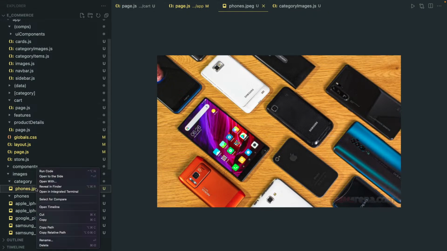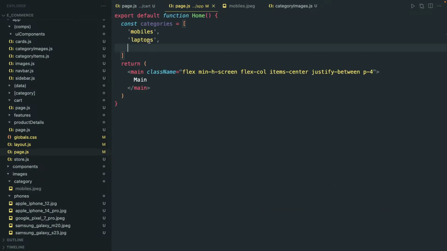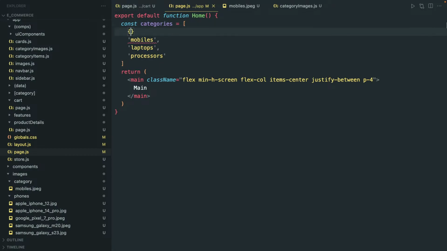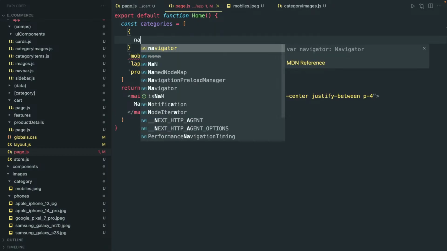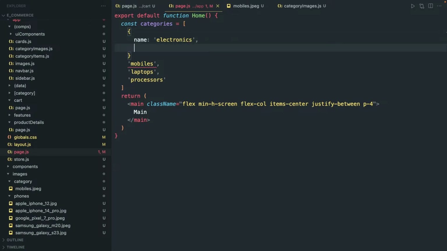Let me also rename it to mobiles, and inside this mobiles, laptops, processors, categories, it should be object, name of the category is electronics, and of course there are